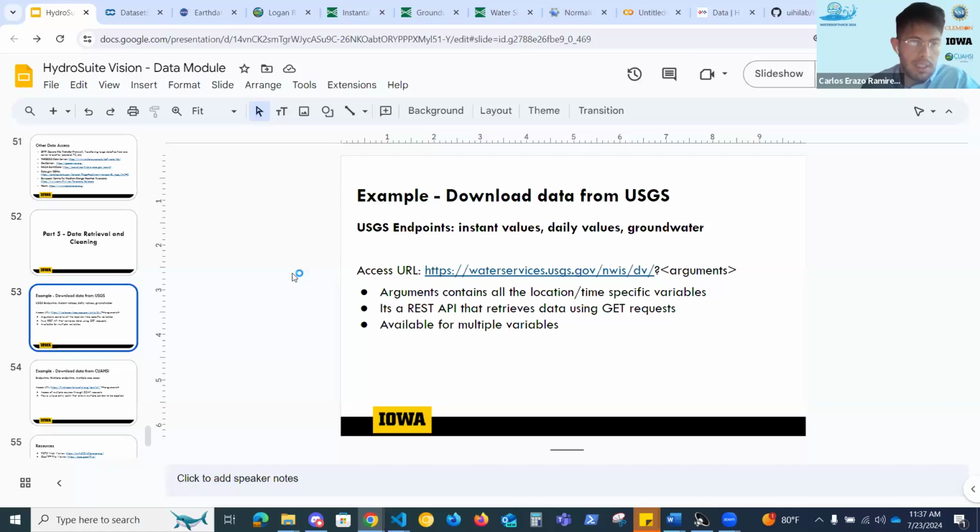And in particular, the data retrieval process, we're going to be doing some cleaning as well, but I'm leaving a lot of the cleaning processing part for tomorrow too. So